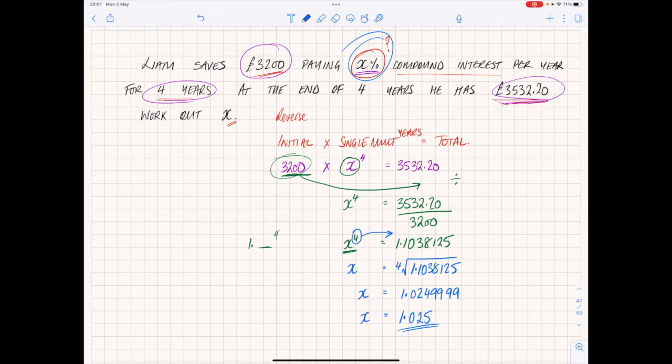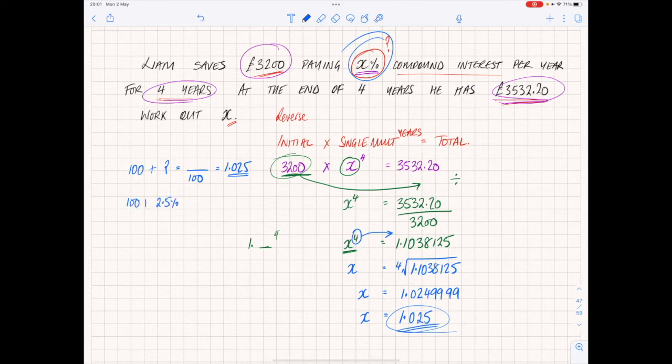That is 1 point x, because x is actually our percentage increase. What we know is that 1.025 has been 100 plus something, and then when I get that number, I divide it by 100, gives me 1.025. So this is your single multiplier. That's what we found here. This is actually the single multiplier, which means the percentage rate up here is not 1.025, it's actually 2.5%, because